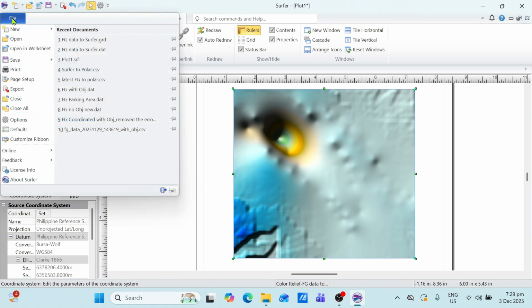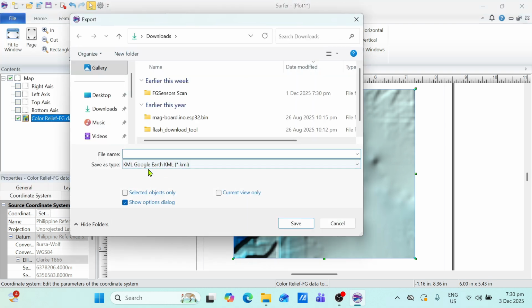And then click File, click Export, and then let's say the file name is Surfer Data to Google Earth,